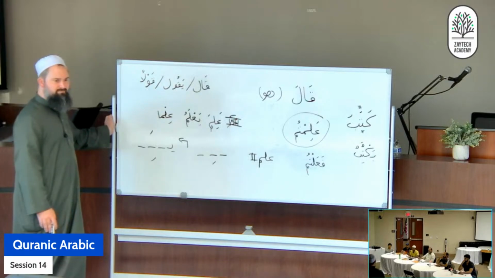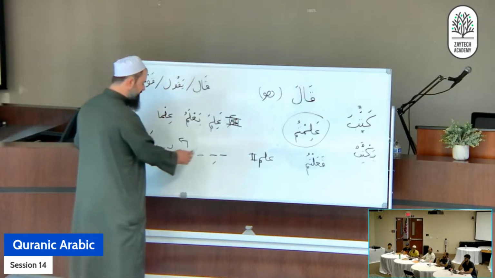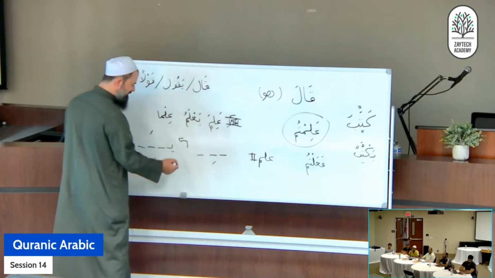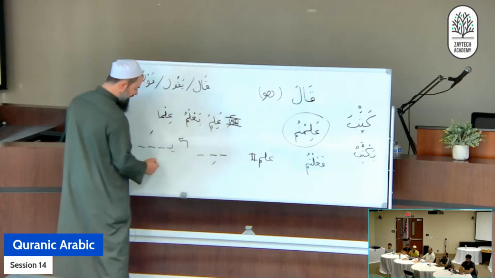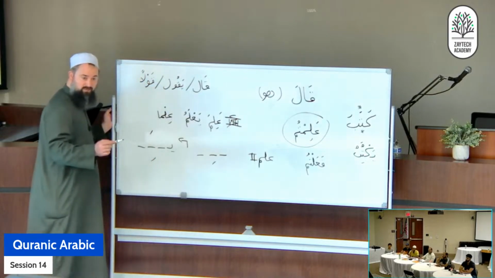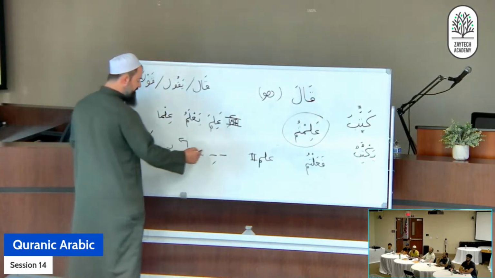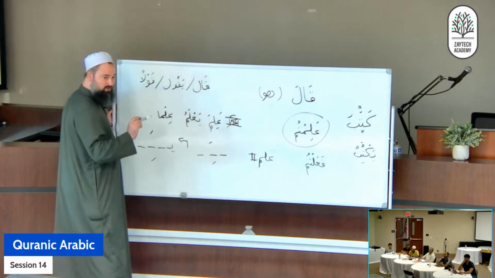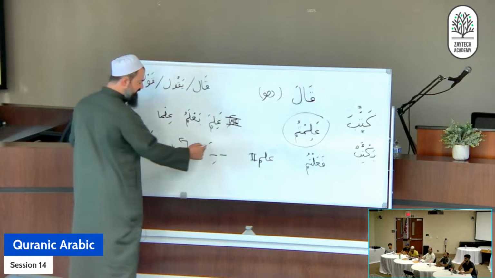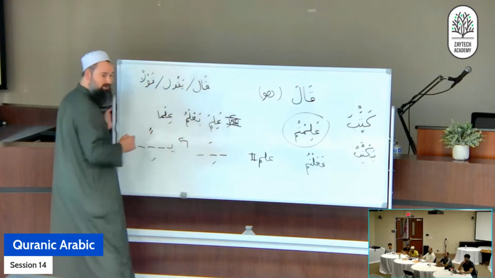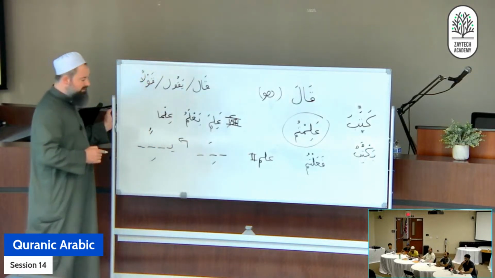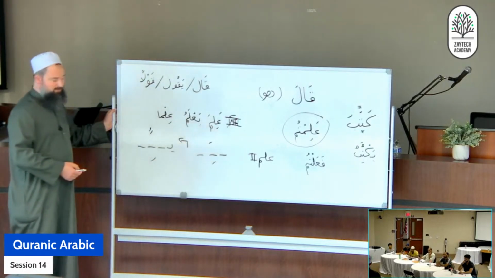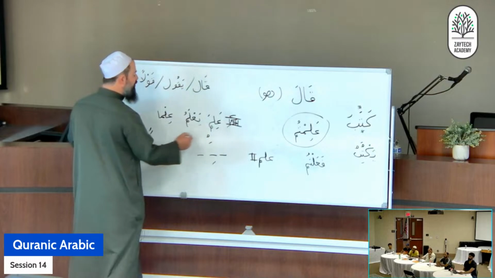So what are the 6 for past and present? The 6 groups mean the combinations of fatha and kasra. You can have a kasra in the past and a kasra in the present. That's rare, but it exists. Then you've got a fatha in the past and a fatha in the present, like fa'ala yaf'alu. That's rare, but it does exist. You've got fatha in the past and dhamma in the present, which is very common, like kataba yaktubu. You've got fatha in the past and kasra in the present, which is also common. And then you've got dhamma in the past, which always results in dhamma in the present.